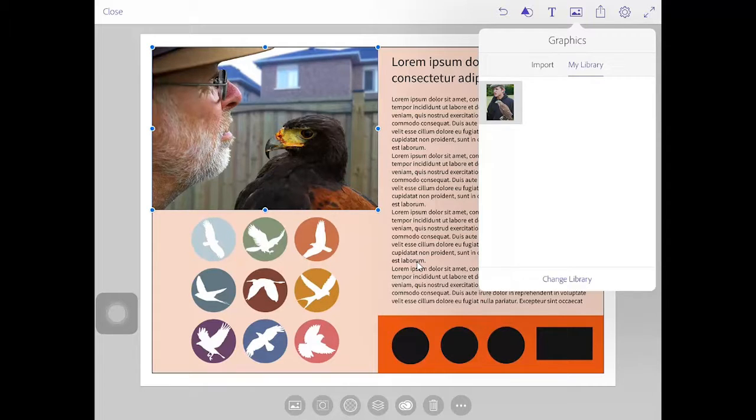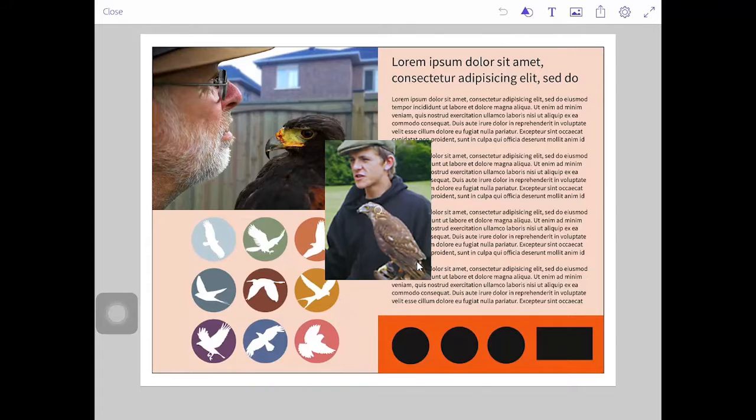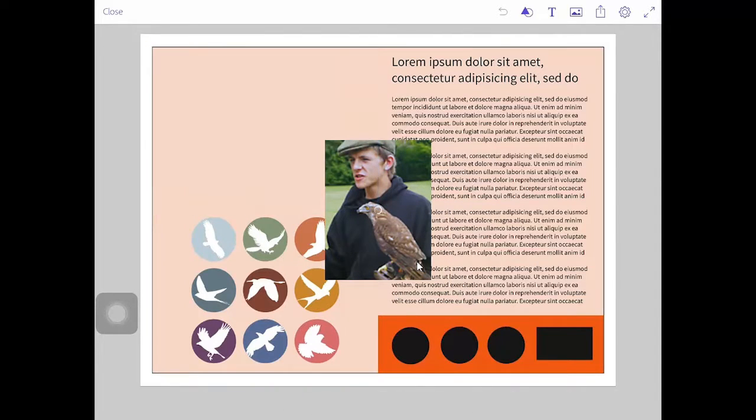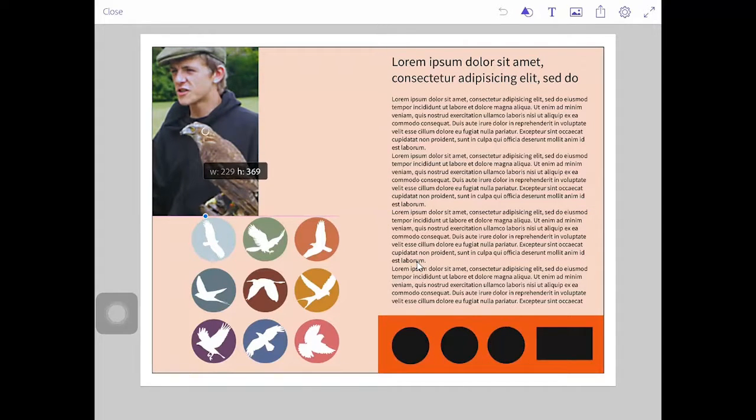This asset, of course, is available in InDesign and Photoshop and Illustrator on my desktop computer because it's in the very same library. It's in that BOC library, of course. So I'm going to use this item. Well, I ended up with 2 new ones, and I'm just going to delete the original picture, of course, as well, where I can move this item into place, scale it a little bit,